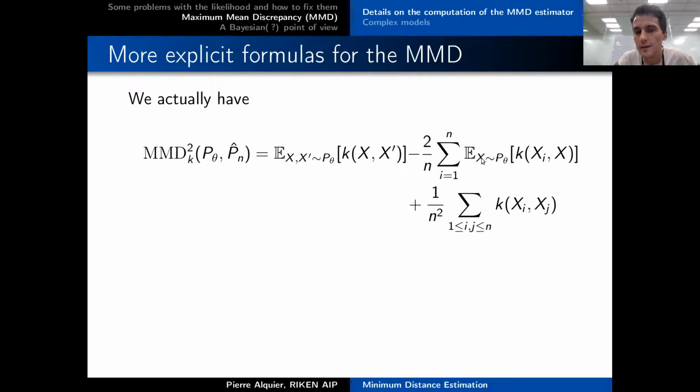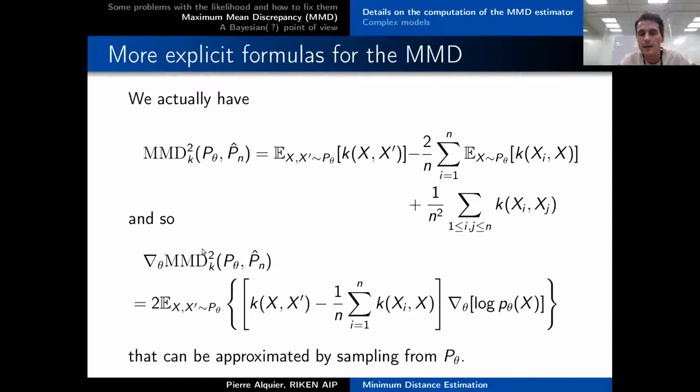And if you cannot compute this integral explicitly, which you can in some cases, then in some cases you can still use Monte Carlo. The only condition to use Monte Carlo methods on this is that you are able to sample from p theta, which means essentially that you have a generative model. If you have a little more than that, if you have a dominated model and you can define a likelihood,